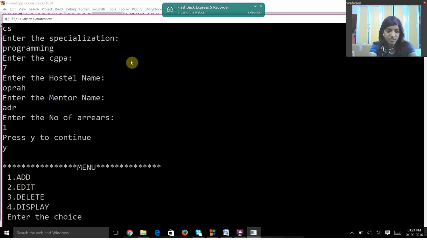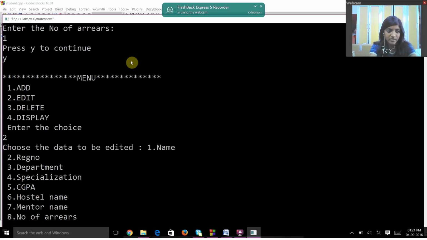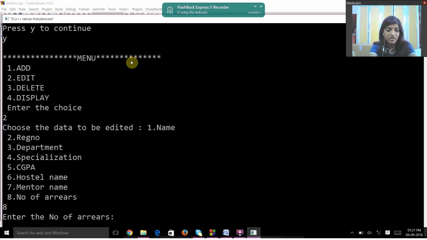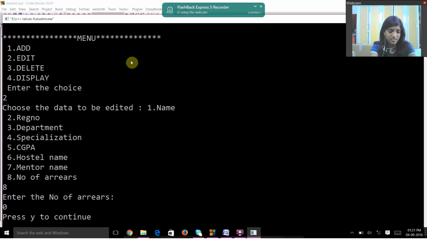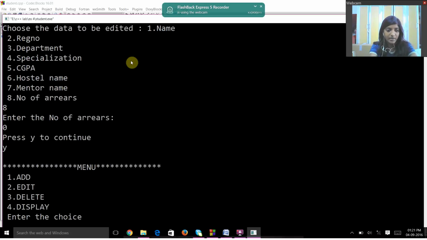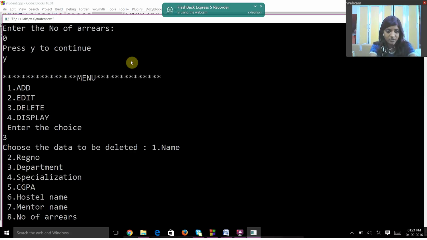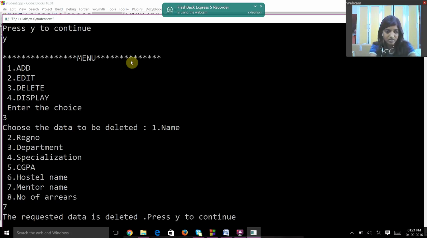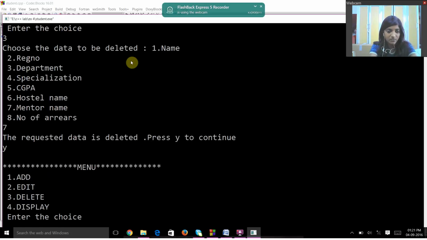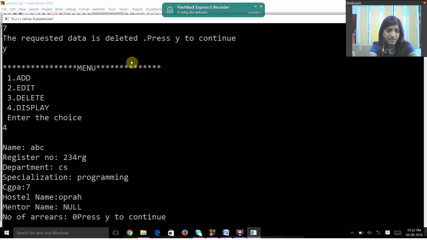the data. So now 2. Now if I have to edit the number of RES, I press 8, and number of RES and give it as 0. And then again I am continuing the program, and now I am going to delete the data. So I am going to delete the mentor's name, so I am giving 7. Okay, so now when I give Y, and again I am going to display the data. So when I display the data, the mentor's name is given as null, and then I have changed the number of RES to 0. So I don't want to continue the program, so